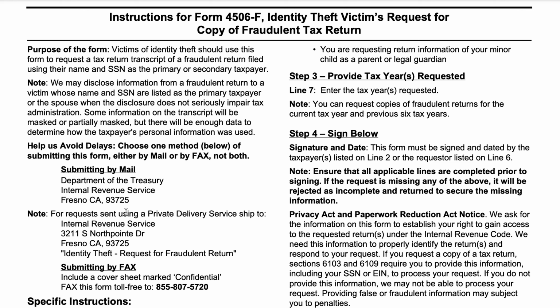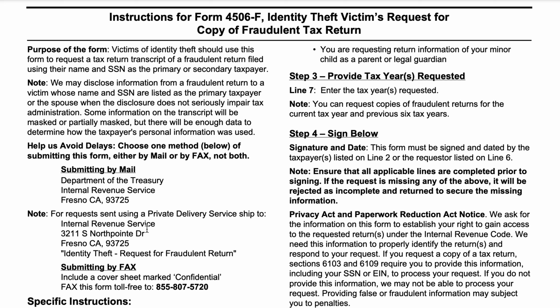For FedEx, UPS, or DHL, there is a separate mailing address here with an actual physical address, 3211 South North Point Drive in Fresno. If you're submitting by fax, then you will fax it toll free to 855-807-5720. Make sure that it's accompanied with a cover sheet marked confidential.